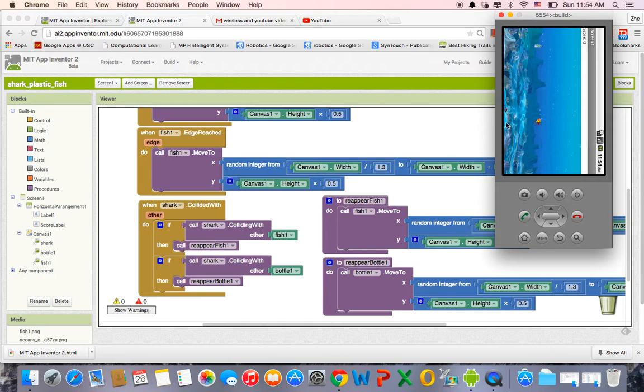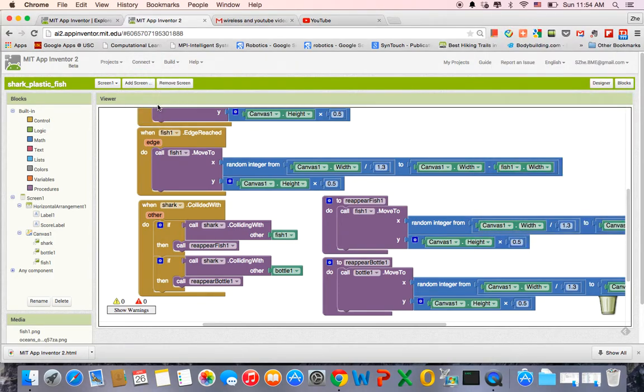You know, so this is cool. And then you see the water bottle is here again, and then you want to go eat the fish and then avoid the water bottle and then come back to eat the fish again. Okay, this is doing exactly what we want. Okay, so I'm gonna close this,